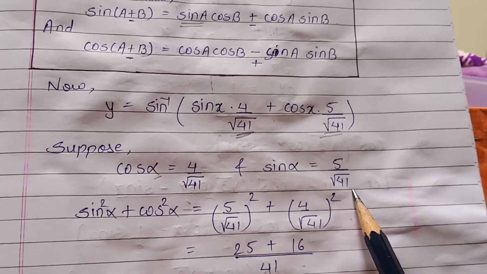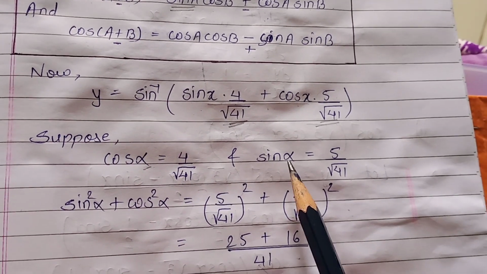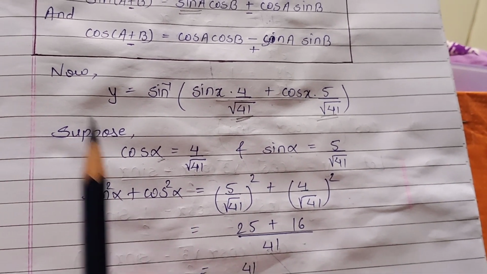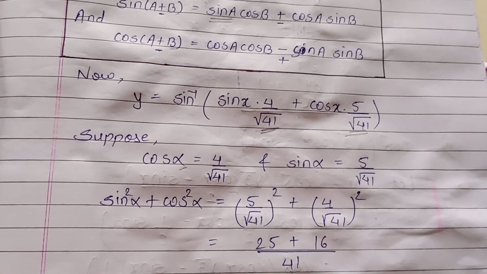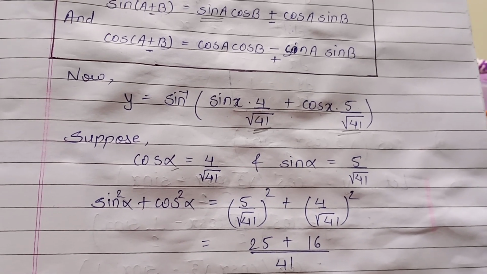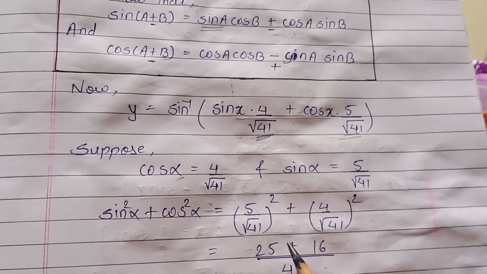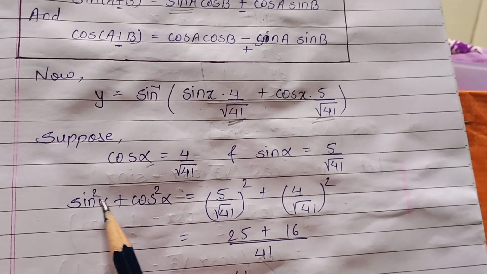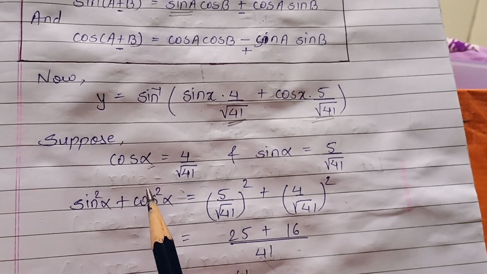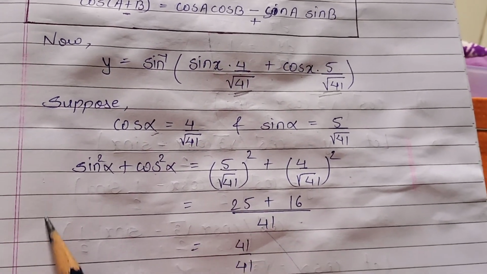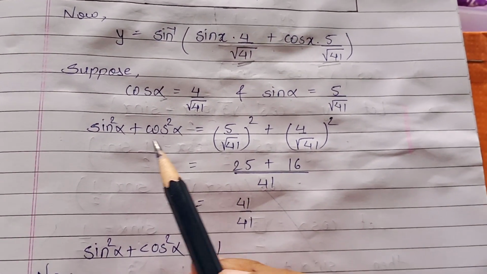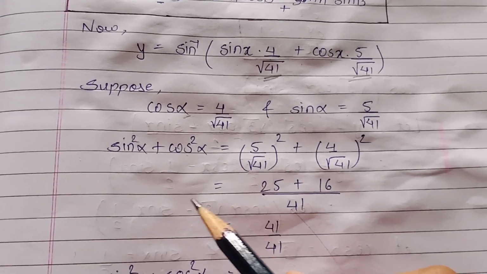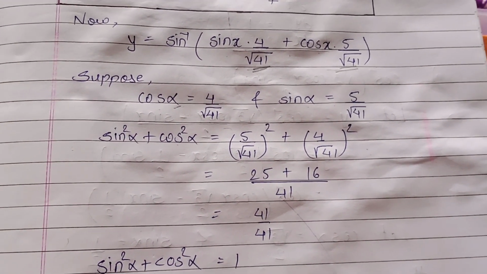Now in order to check that both terms are correct, we'll check them with the identity sin square plus cos square is equal to 1, meaning sin square theta plus cos square theta is equal to 1. If our considered terms are correct, then their combination with respect to this identity should be 1, right? So we'll check that. In such examples, in every example, we have to check this. So you have to write this same portion in every example. Have a look at it carefully.